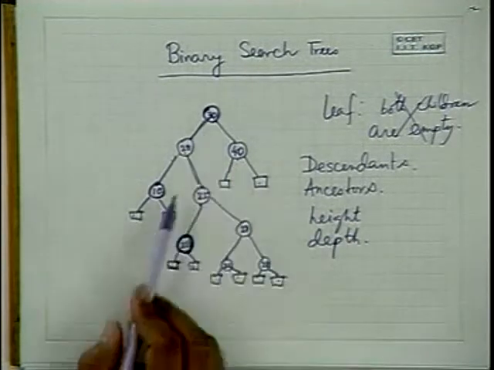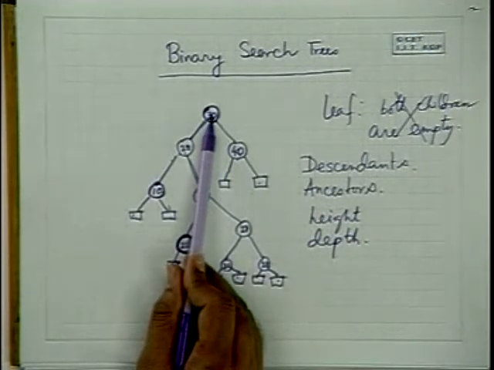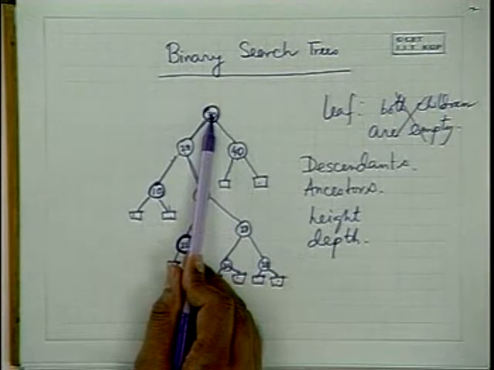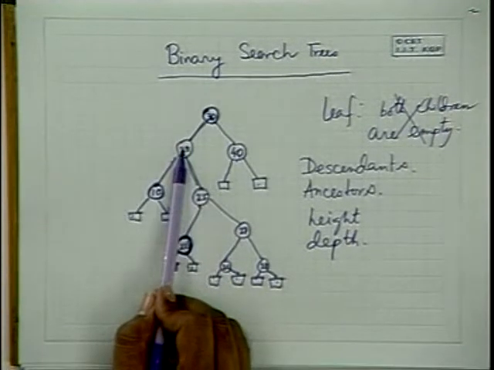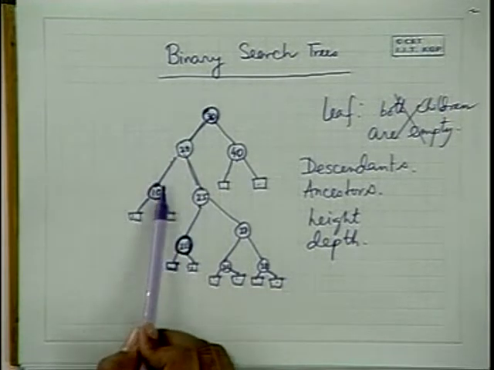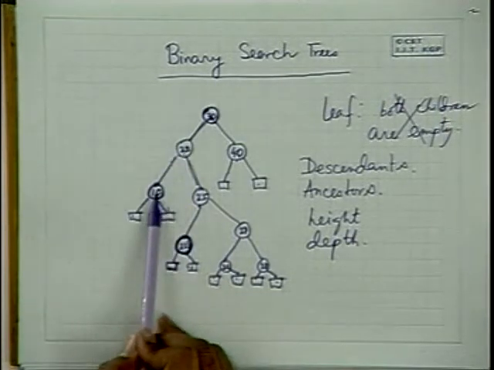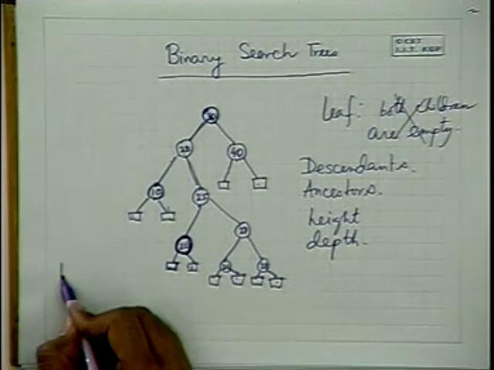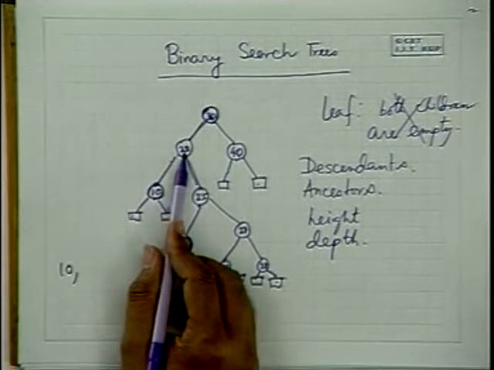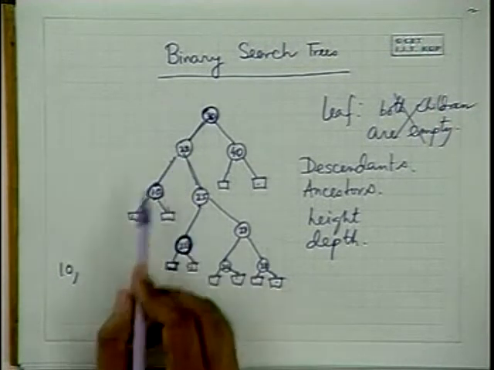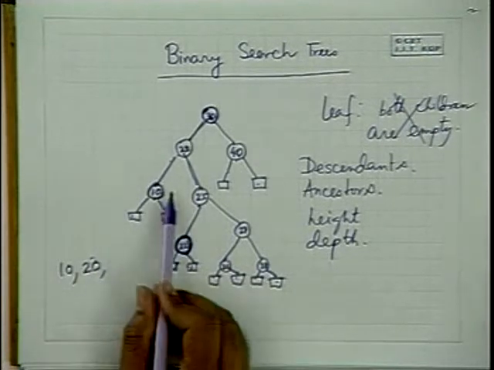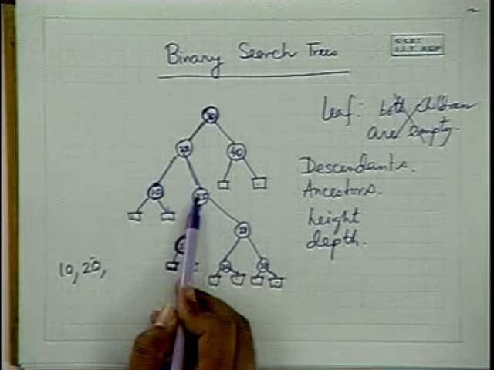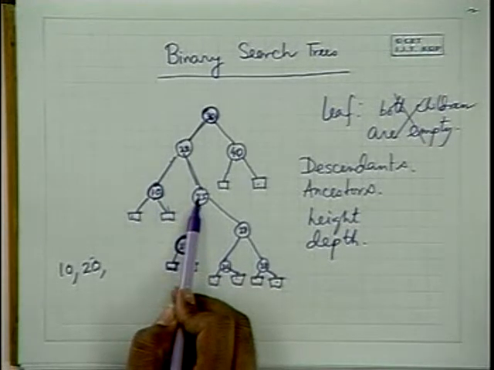So if we do this one here, 30, when I say traverse, you cannot print that value yet. We want to ultimately print the values in the nodes. Don't print that value now because it has a left child which has to be traversed first. Go here, then that also has a left child, so go here, 10. 10 does not have a left child, so now you print 10. Then it will go back and print 20, its parent. Then according to our rule, it has to traverse its right child